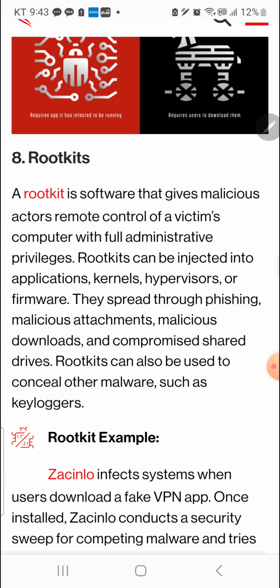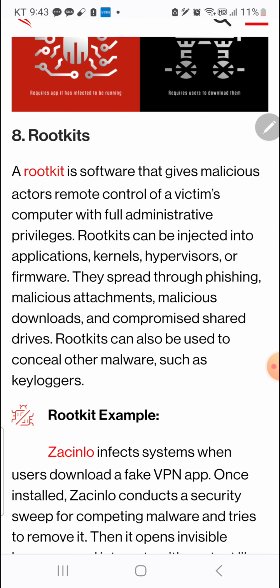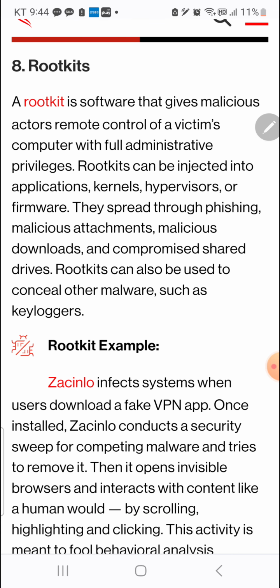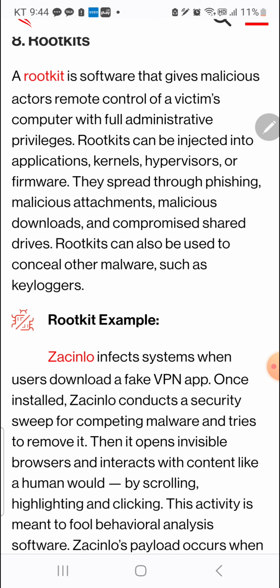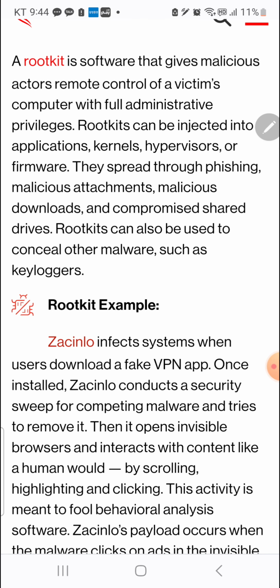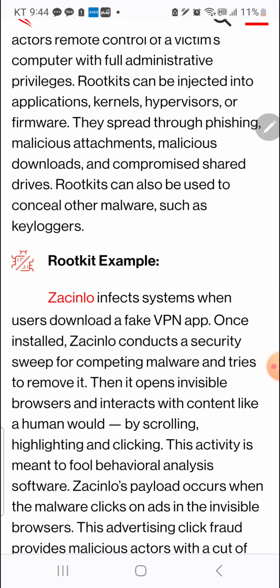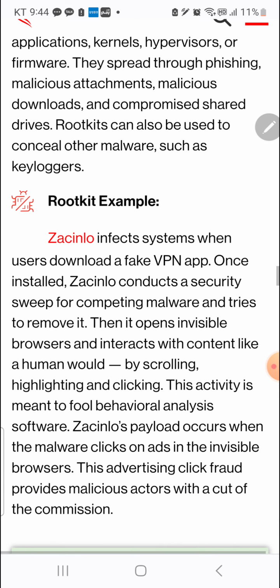Rootkits can be injected into applications, kernels, hypervisors, or firmware. They spread through phishing, malicious attachments, malicious downloads, and compromised shared drives. Rootkits can also be used to conceal other malware, such as keyloggers.